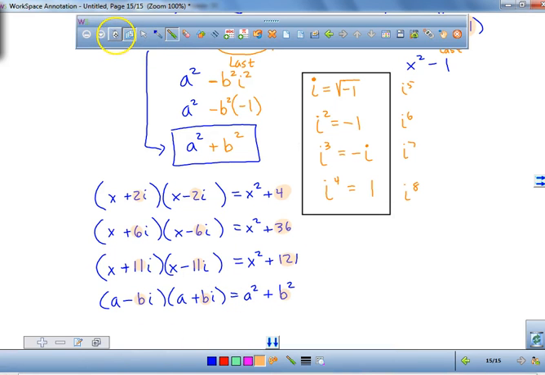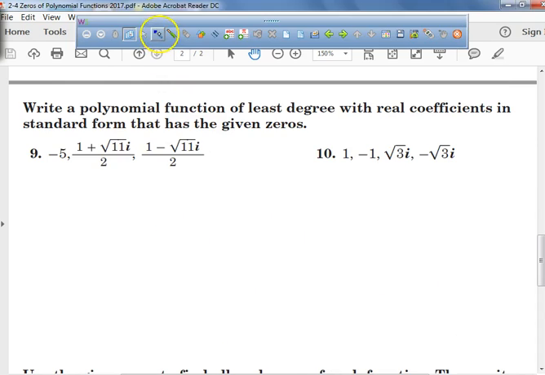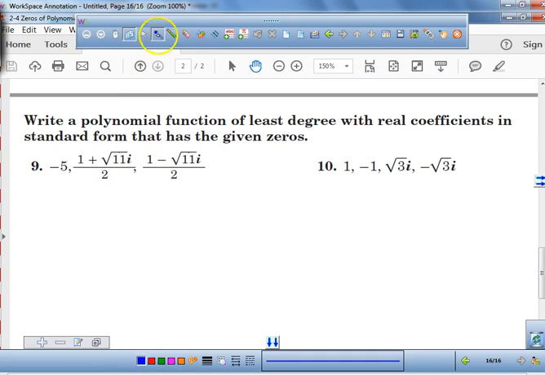Alright, so we're going to go back right here to our problem. So we're going to set it up. Right now, we're actually going to do number 9 now. We're ready to go. We're going to write f of x